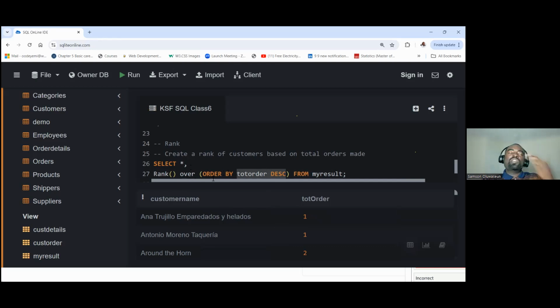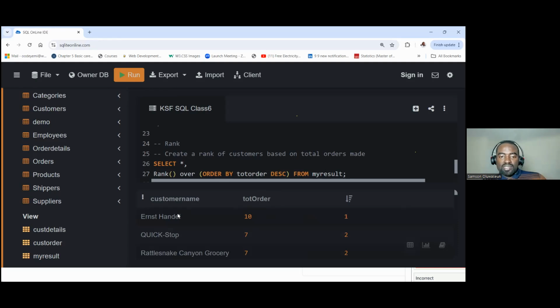Sometimes if you're doing rank, maybe across branch, maybe you want to know top selling products by branch. In that case, you need to partition. So there's a function you can partition. So you can partition by a column within your data set. So I can say partition by these specific columns, right? So I can come here, order by. So if I run this,